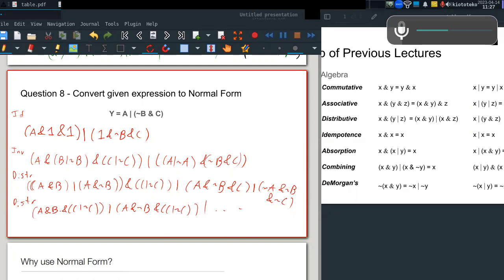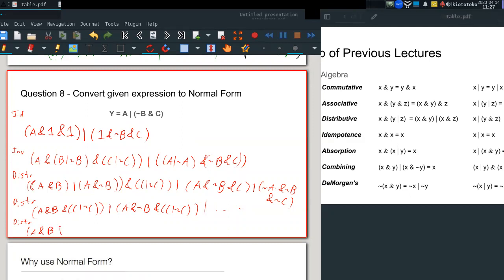Which was this one, and then finally we distribute again, and we'll finally get all the terms, no? So this means that it's A and B and C, or A and B and not C, or A and not B and C, or A and not B and not C, or